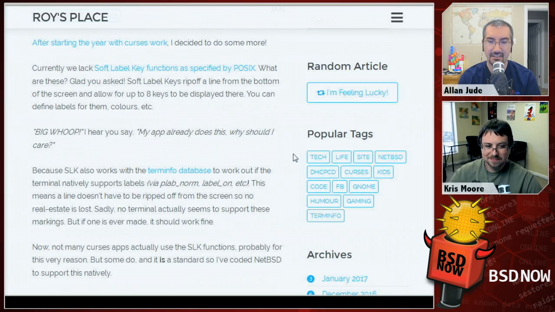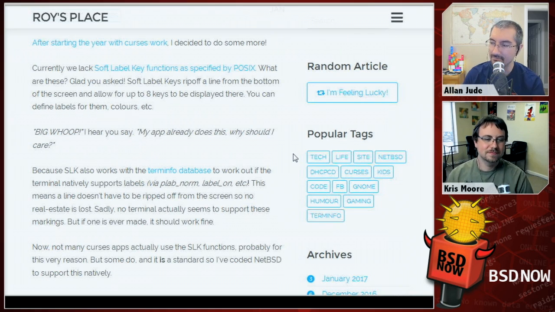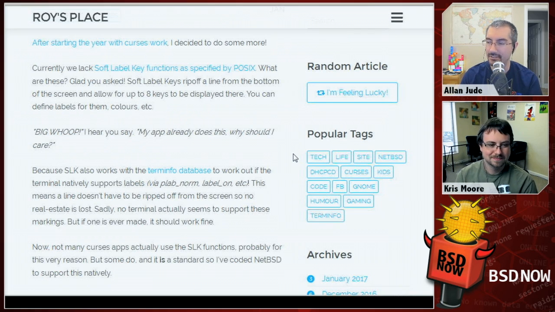But it says soft labels rip off a line from the bottom of the screen and allow up to 8 keys to be displayed there. You can define labels for them, colors, etc. So it's kind of, I don't know, like Nano, where you can put the keyboard shortcuts and stuff down there. Sure. But it's a standard way of doing this, and if a lot of programs used it, it would actually